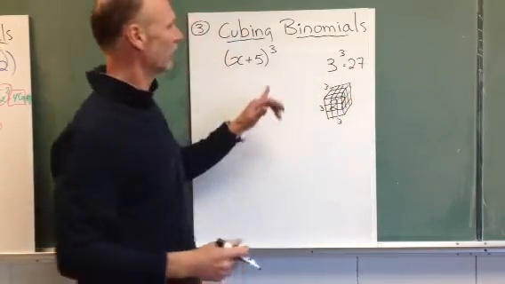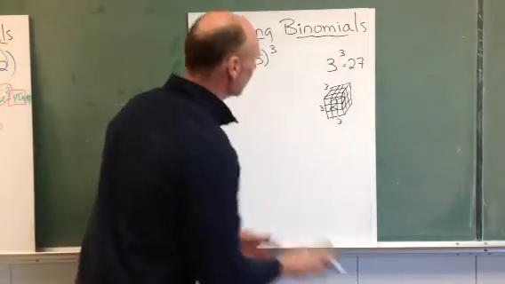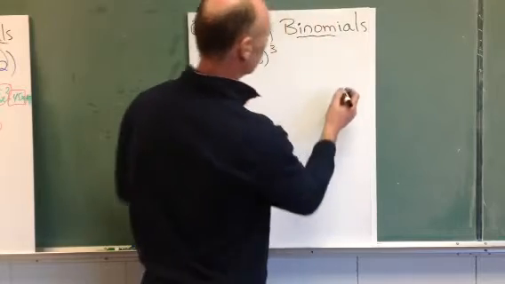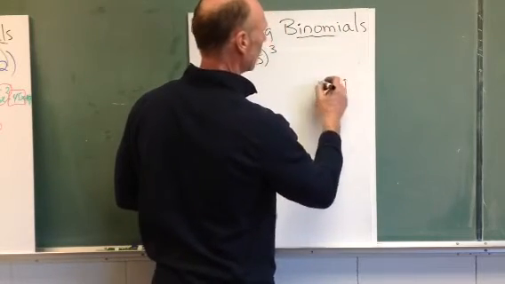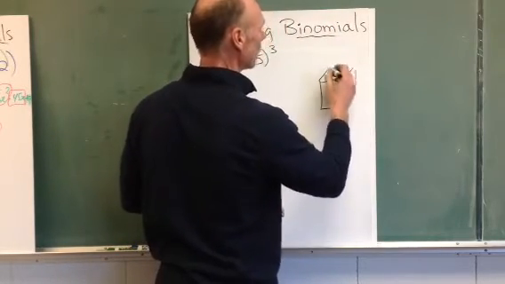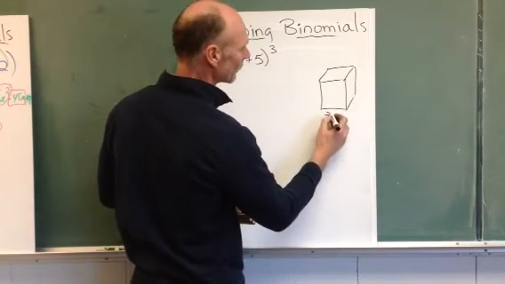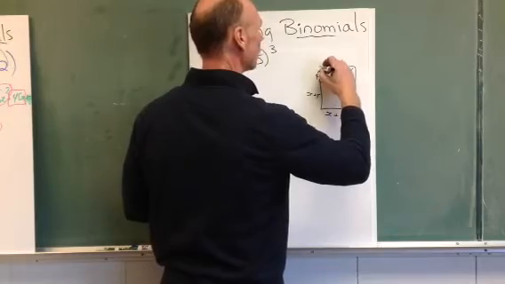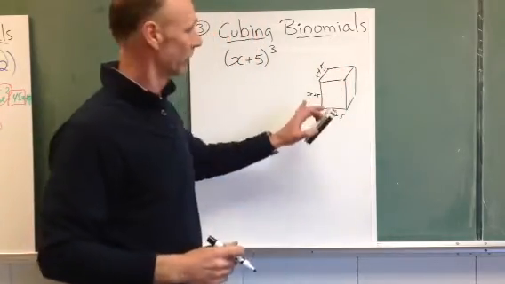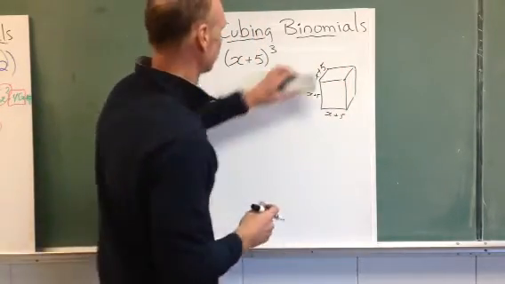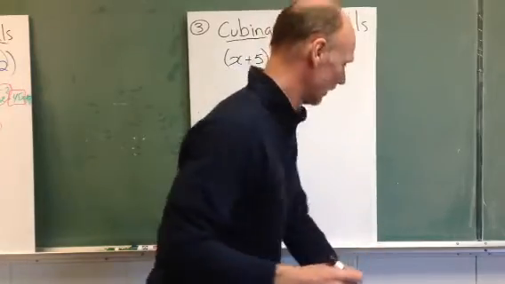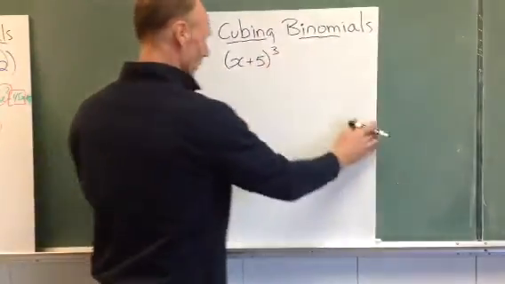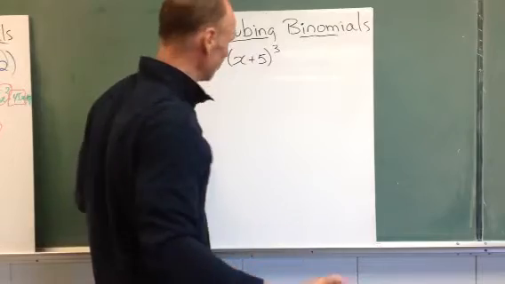So when we have cubing a binomial, the only difference here is we have a cube. Each dimension is this base of x plus 5. So it's x plus 5 by x plus 5 by x plus 5. And we're going to look for the volume of that. Okay, so how would I do that? Well, whoa! No frills, no thrills, remember. Okay, anyway,